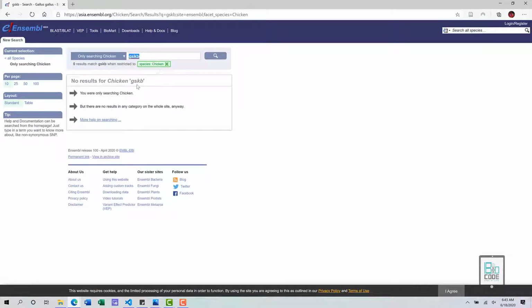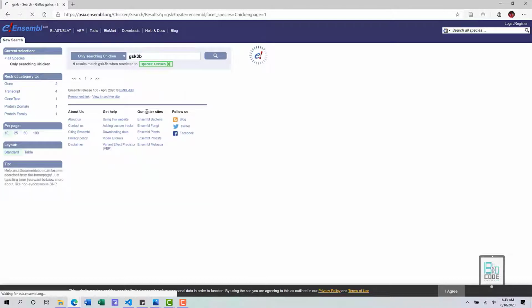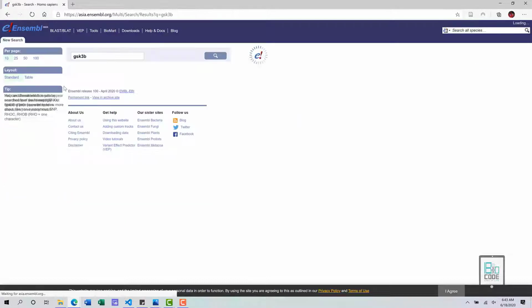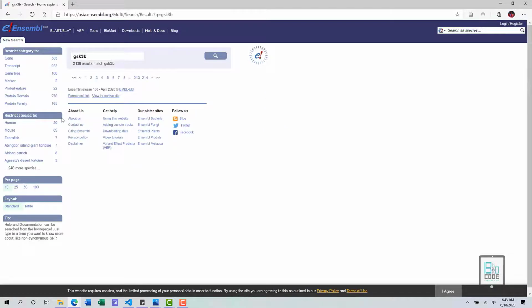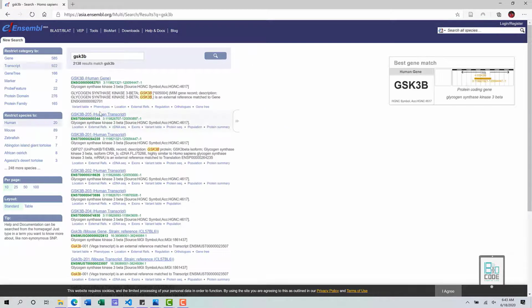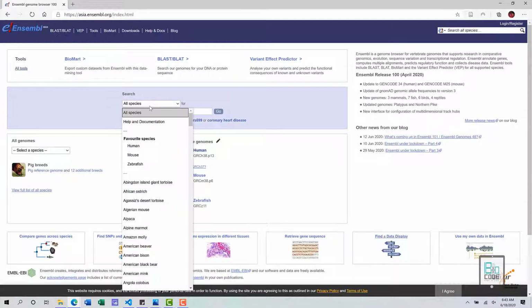But okay, I mistyped it, it's 3b. Now we have 9 results, and you can see that there was one error caused by our mistyping, so all of the species were selected.